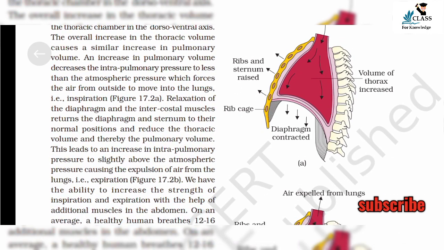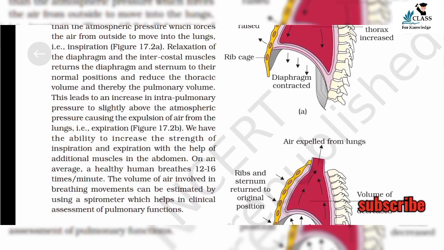The overall increase in the thoracic volume causes a similar increase in pulmonary volume. An increase in pulmonary volume decreases the intrapulmonary pressure to less than the atmospheric pressure, which forces the air from outside to move into the lungs, that is inspiration. Figure 17.2a. Relaxation of the diaphragm and the intercostal muscles returns the diaphragm and sternum to their normal position